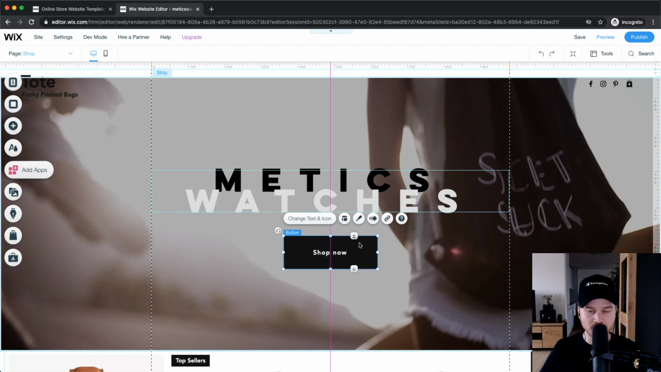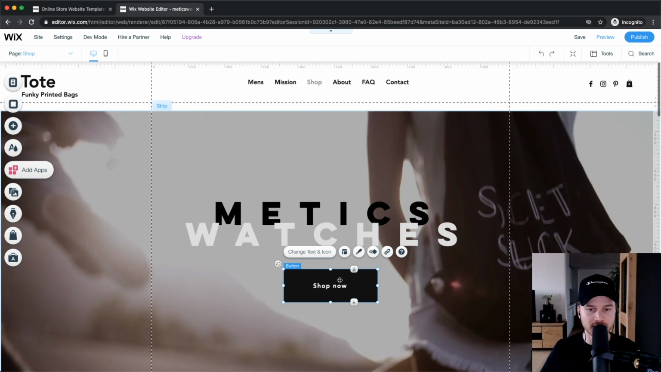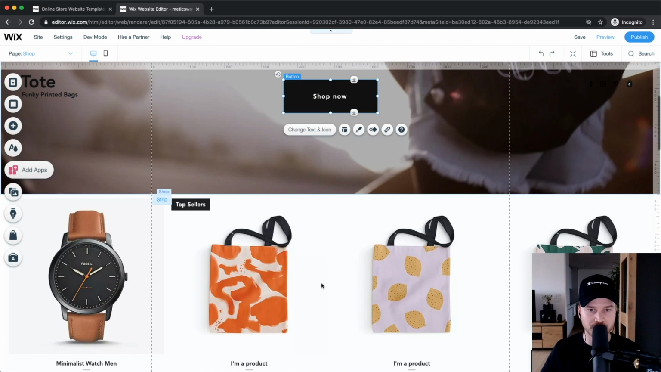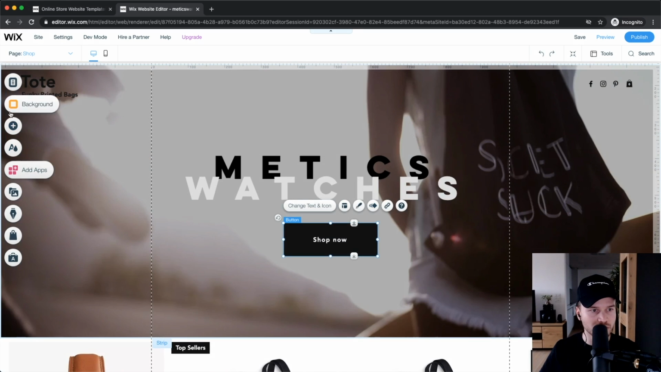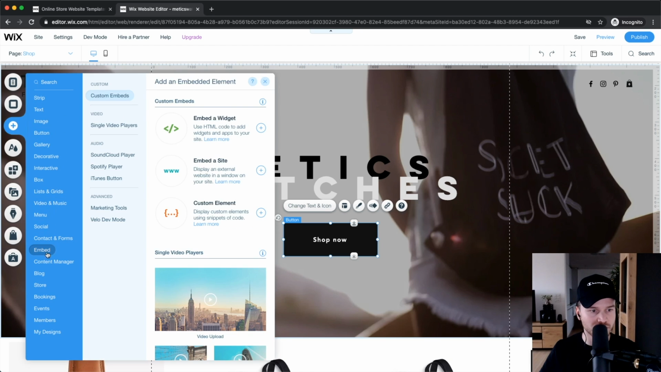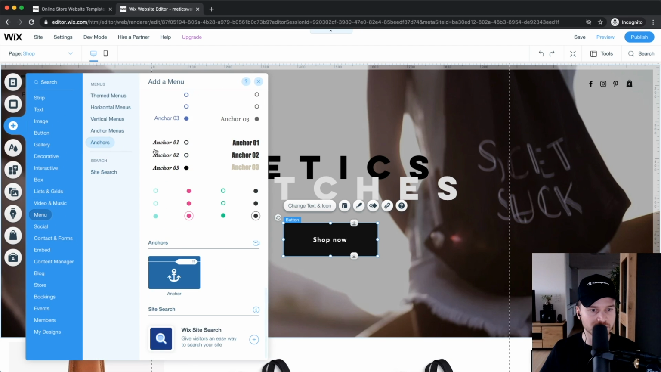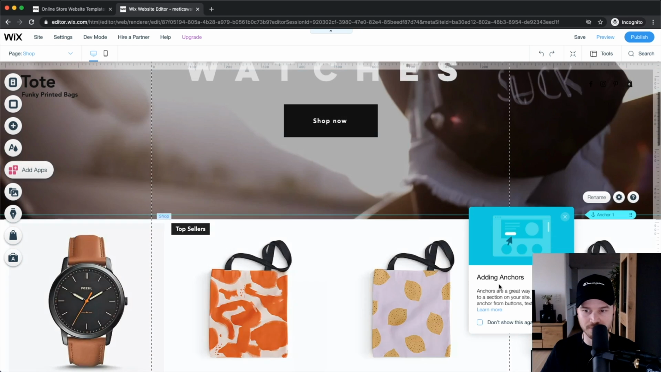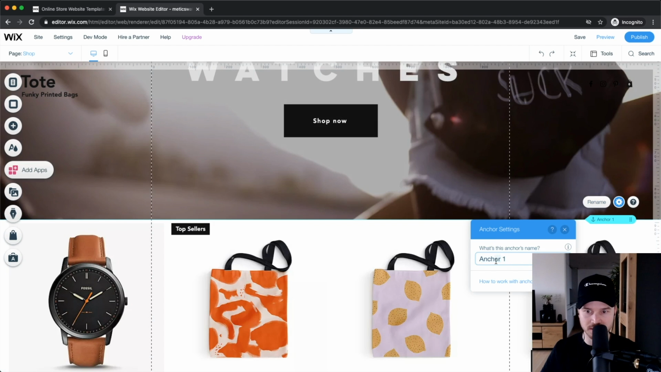And then what we want to do is we want that button to, when we click on it, scroll automatically down to our items or to our products. So what we have to do is add an anchor to this section right here. So we go to the plus sign, go to menu, then go to anchors, and we're going to add an anchor. We're just going to drag it right here. And then let's rename it as well. Let's name this